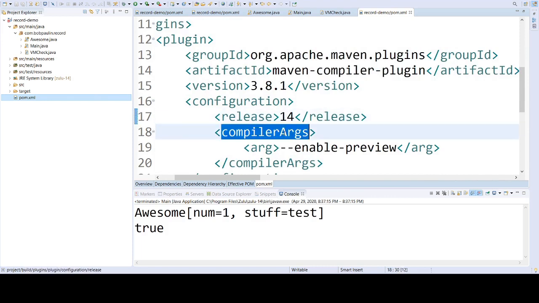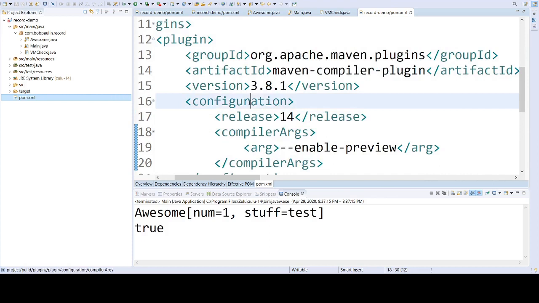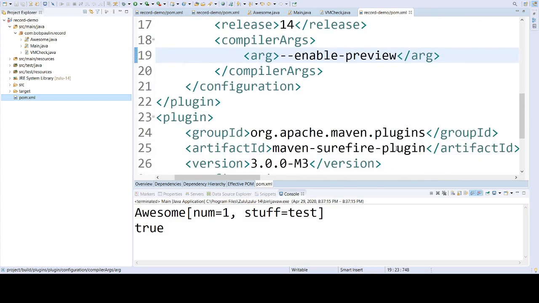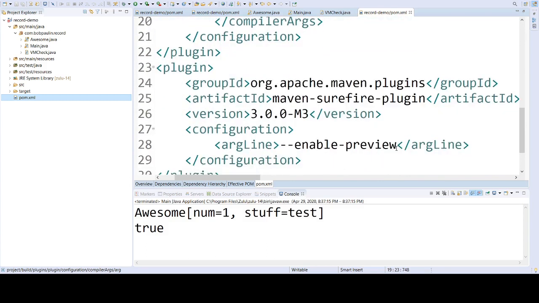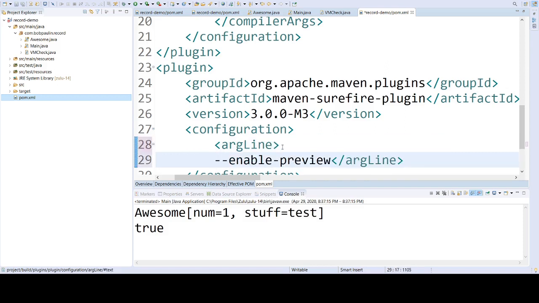And under compilerArgs, which is under the configuration setting, you can set an arg element --enable-preview. When it compiles, that will create the jar file with enable preview on. Likewise, if you're running tests, you need a similar configuration under the Surefire plugin. This one, I'm actually missing the arg, so let's write that in.